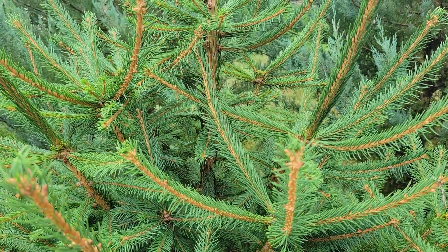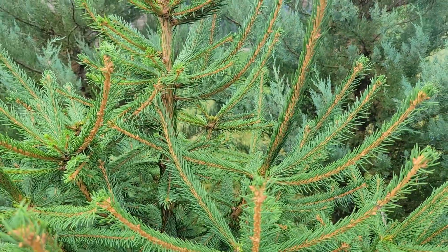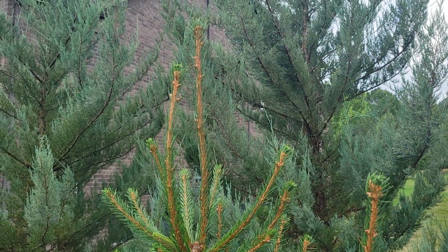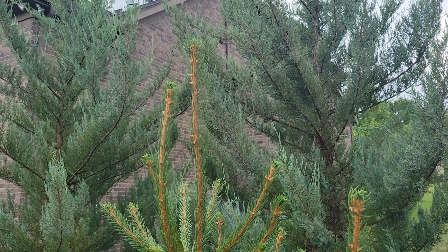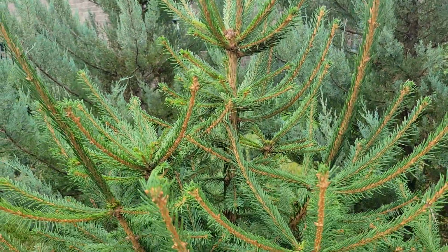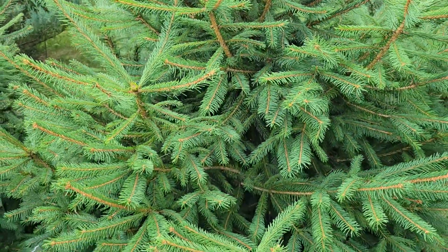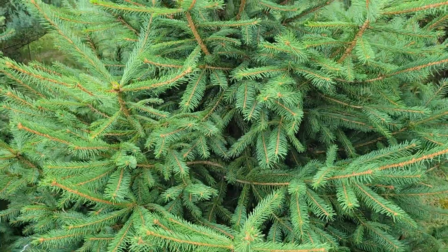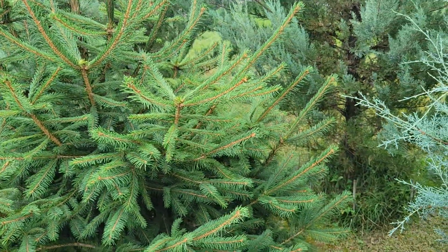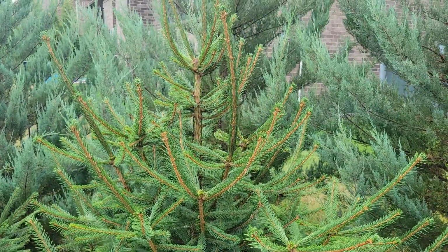Here we have the Norway spruce, and you can probably find these at local nurseries where you live, or look around for something labeled a living Christmas tree. Sometimes they're sold like that. I bought this from a local nursery, and it had been sheared initially to be a living Christmas tree, but since then I've let it grow without any shearing, and as you can see when you do that, the edges are a little more jagged and it's not quite as neatly conical as a Christmas tree,